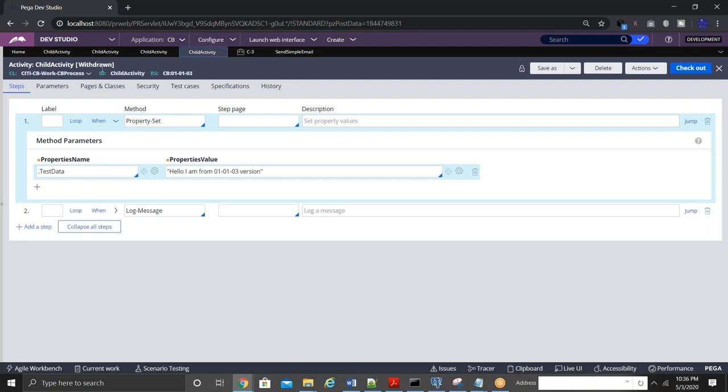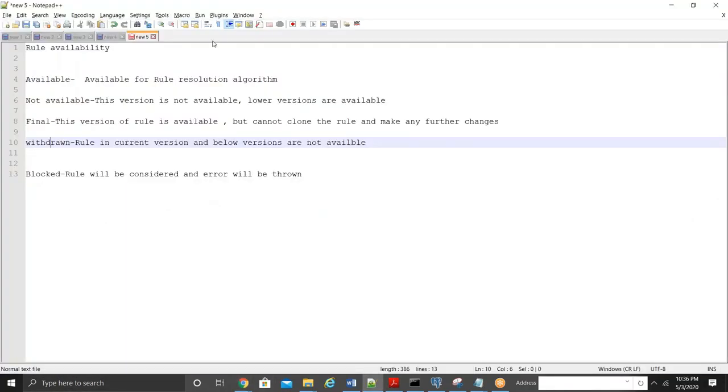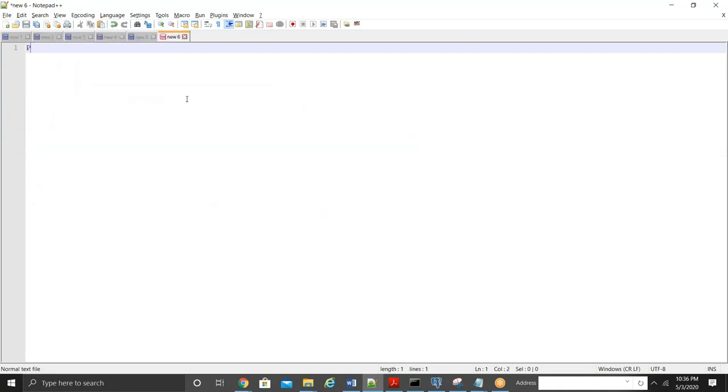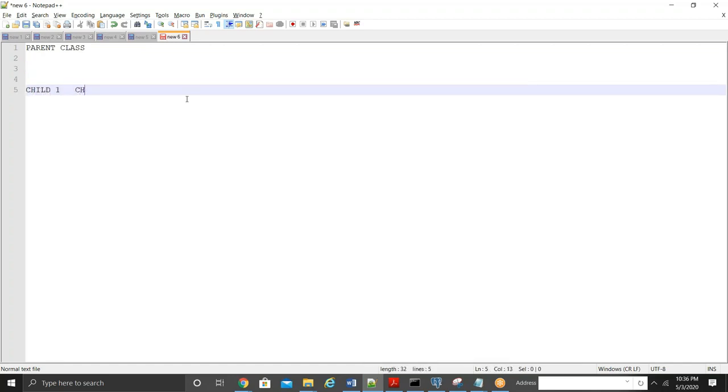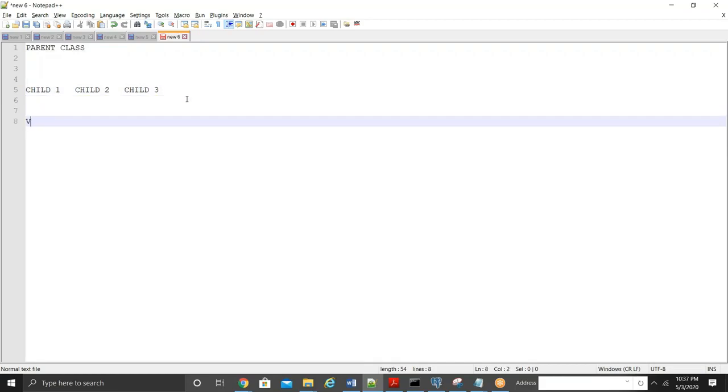And when do you mark a rule as withdrawn? It can be a simple example like this. Let's say, for example, I have a parent class, and I have a child 1 and child 2 and child 3 as subclasses. Now, under child 1, I had an activity called validate employee details. It was lying only in child 1. It was lying in different versions of child 1. It was lying in 010101 and 010102 and also in